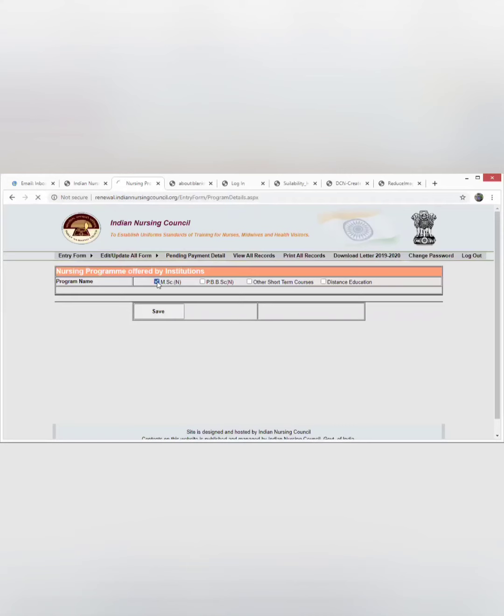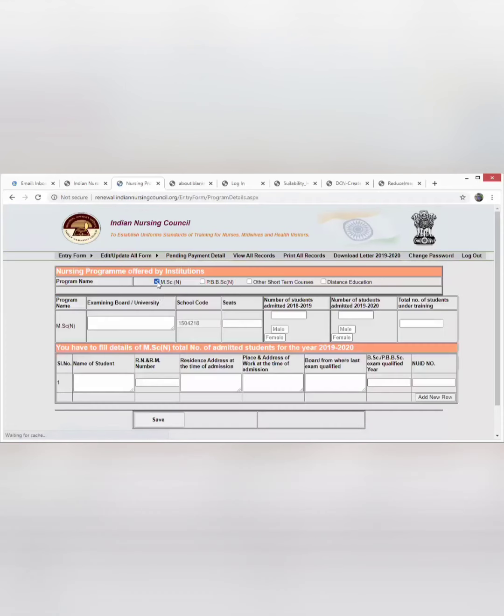We will click the MSc and post-basic BSc program. When I click on this, I need to write all the details. For example, for MSc I will write Rajiv Gandhi University of Health Sciences, and write the number of seats allotted by the Indian Nursing Council and the number of students admitted in 2018-19.